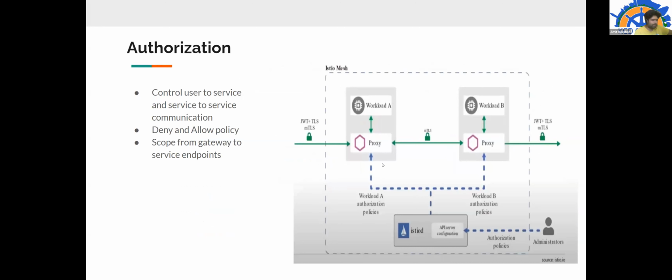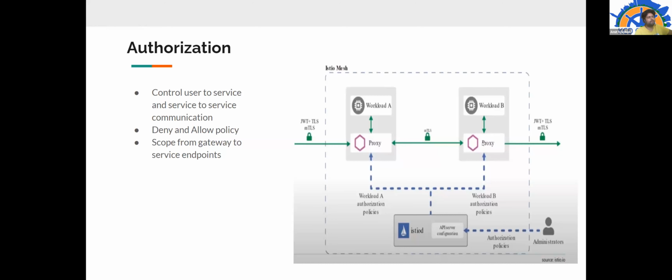For authentication and authorization, there are separate CRDs through which you can define those policies. So you can say that this particular service can accept requests from, let's say, workload B only. That kind of authentication and authorization can be done with this security primitive. Those policies can all be defined. Like there is an authentication policy that will take care of that.